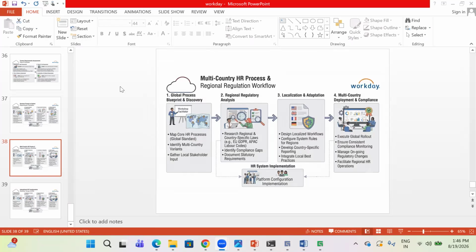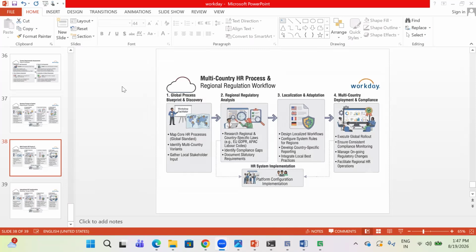So when we are working on the Workday path, today we are going to discuss multi-country HR processing as well as regional regulation software. From a BA perspective, whenever we are working on the Workday platform, which is the prominent human capital management application, multi-currency HR process and regional regulation workflow is important because whenever we are working for a global client,